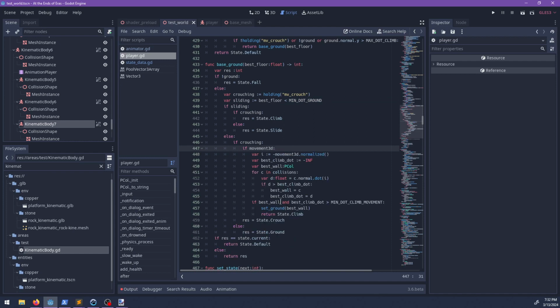Oh, and we also need if best wall and best wall dot normal dot y is less than max dot min